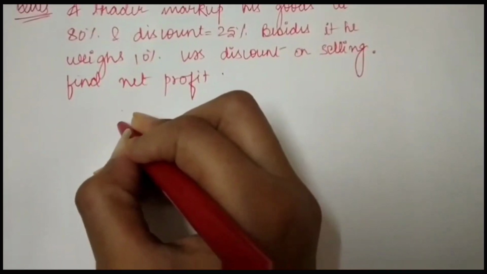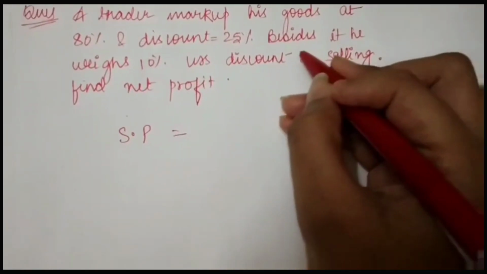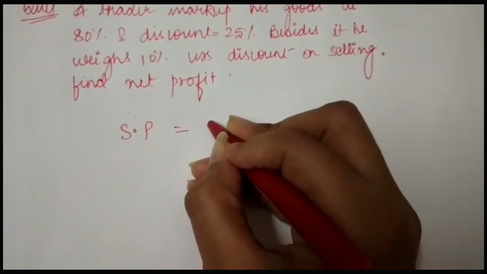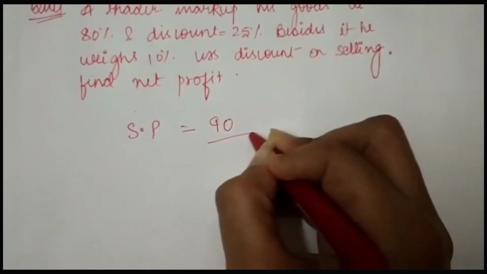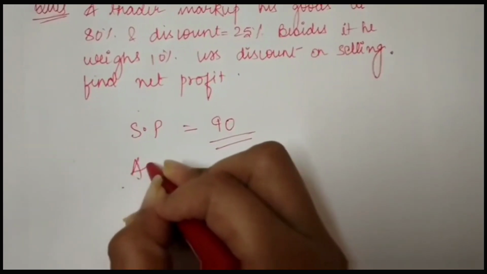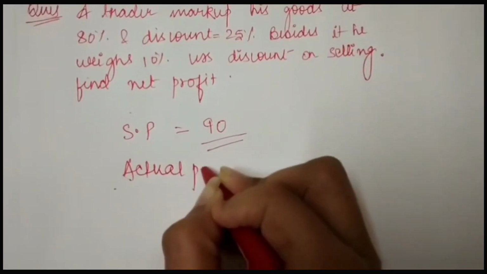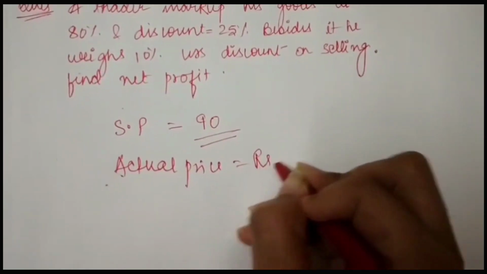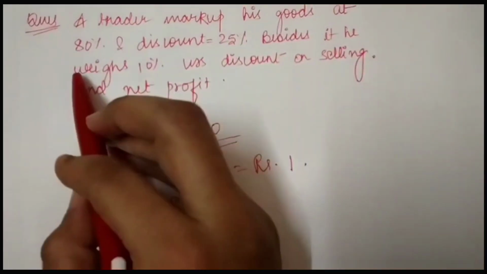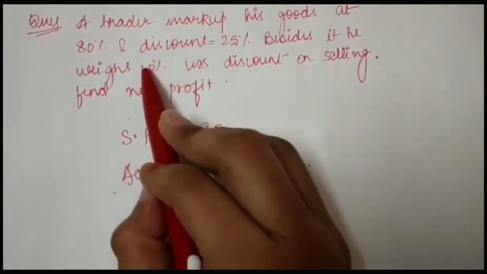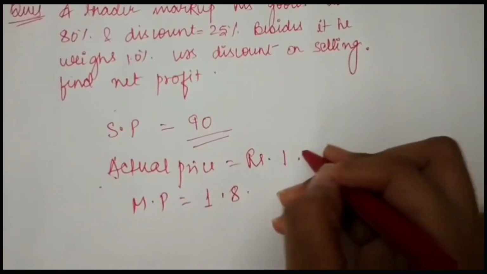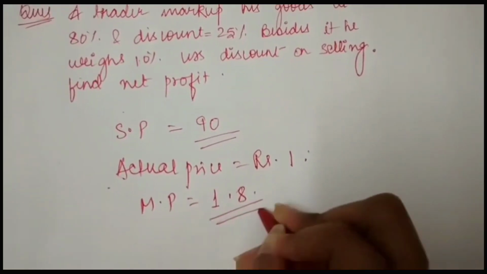Let the selling price of the product be... सेलिंग प्राइस प्रोडक्ट का कितना होगा? 10% लेस डिस्काउंट ऑन सेलिंग बोल रहा है. तो बेस अगर हम 100 मानते हैं तो वो सेलिंग प्राइस विल बी द 90, राइट? सेलिंग प्राइस 90 हो गया. एंड एक्चुअल प्राइस ऑन 1 ग्राम कितना हो सकता है? एक्चुअल प्राइस कैन बी अ 1 रुपी. ठीक है. सो मार्क प्राइस is markup of goods at 80%, right? So mark price can be 1.8, 1 into 80 by 100, so it can be 1.8.